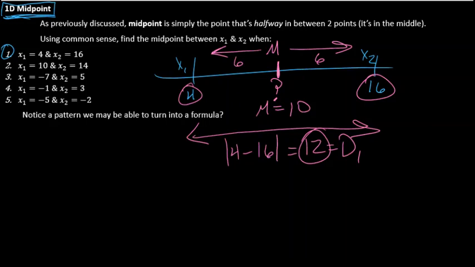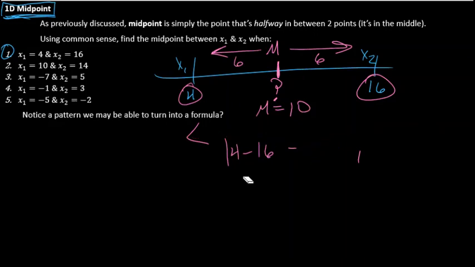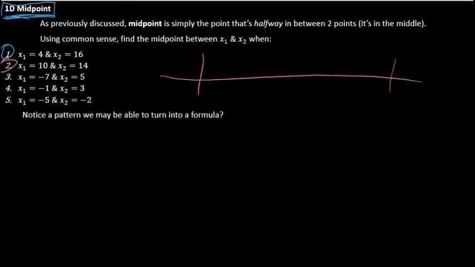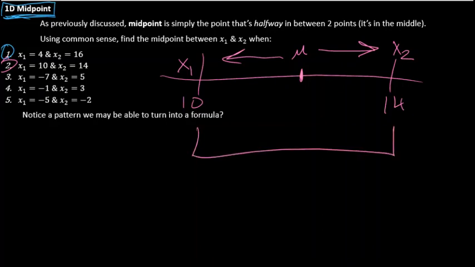But there's another way that we can do this. We'll see if we can work a few examples using common sense and determine what our actual formula would be. So let's keep going with this. We've got 10, we've got 14, and our midpoint's here in the middle. We should have the same distance from M to x1 as M to x2. The total distance between these two is 4, and just so you can see me work out another example,